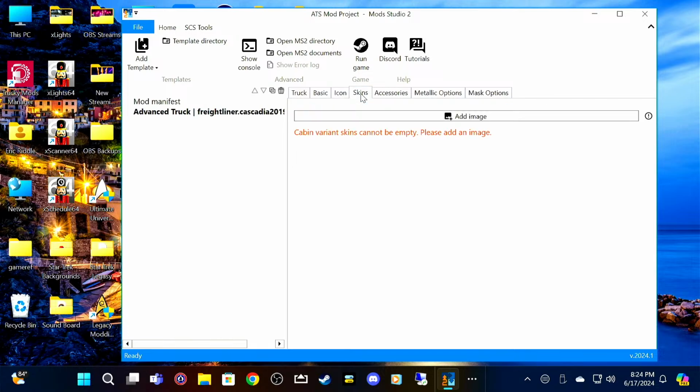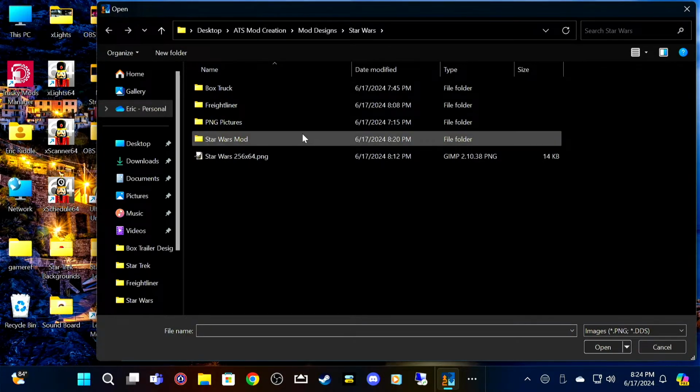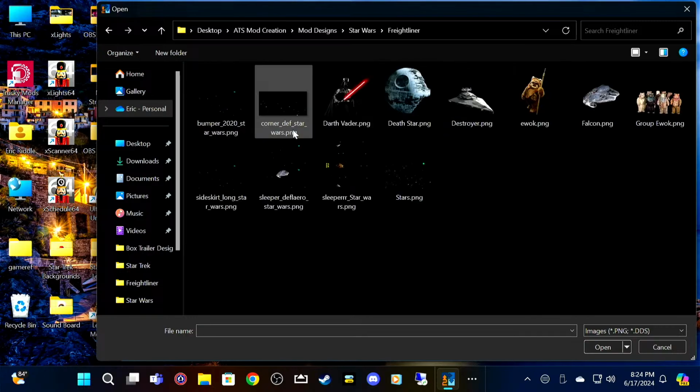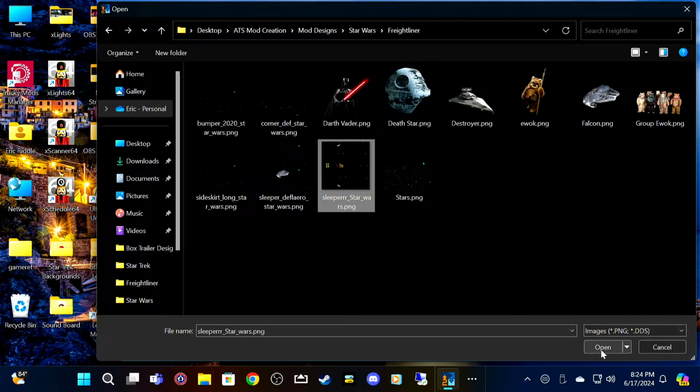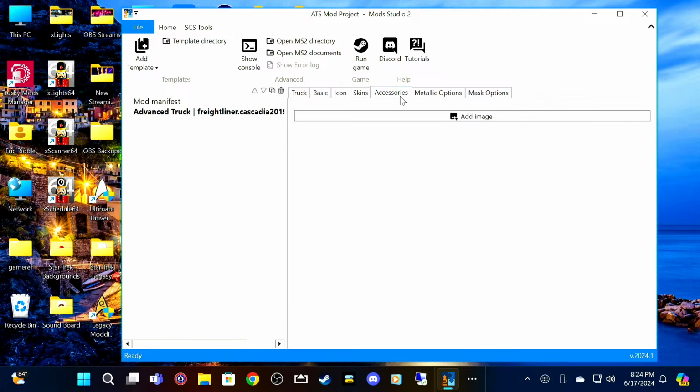Now, skins is where you're going to load all the different skins for the different trucks. So when we hit add image, we have the 4 different trucks, but we only did the sleeper RR. So we're going to select that. We're going to hit browse. We're going to go into our Freightliner truck and we're going to hit the sleeper RR and open. That's going to load the skin that we designed into it. If we did one for each truck, you would have to add another image for each one of the trucks. We're going to go to accessories,